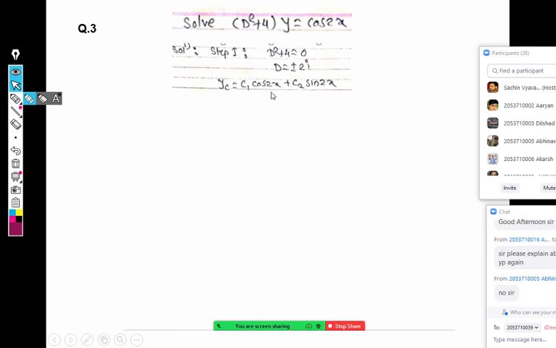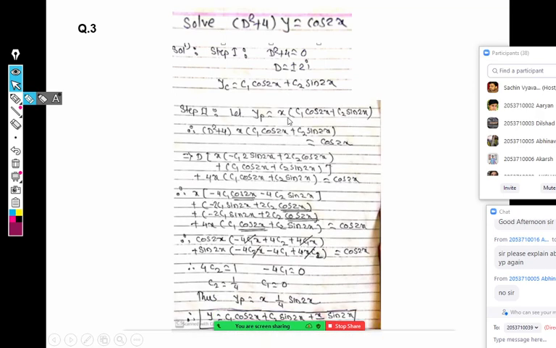If one of the terms of yc is on the RHS, for example cos 2x or sin 2x, that indicates the phi d is coming 0 there, and because of that we have to multiply the trial yp by x. So trial yp should be taken as x into c1 cos 2x plus c2 sin 2x. Then replace that in the differential equation, differentiate 2 times, simplify, and compare the coefficients to get the values of c1 and c2. Once you get c1 and c2, you will have the yp.